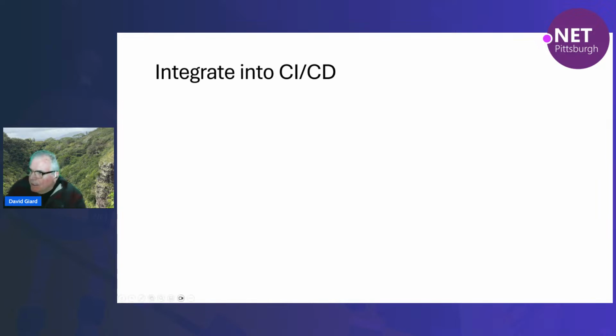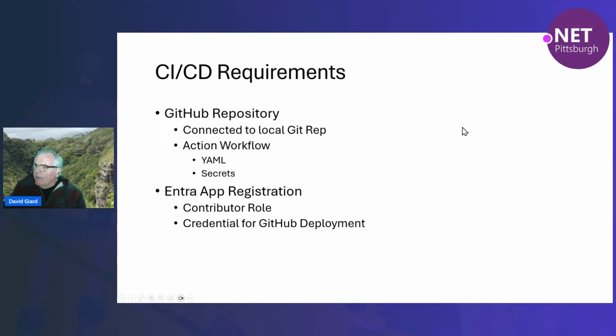So if I want to integrate it into CI/CD, then these are the steps that you need to do. You need to have a local Git repository and a GitHub repository. I shouldn't say GitHub. You need to have some code repository in the cloud. The demo I'm going to show uses GitHub Actions. You'll need a YAML file, and YAML stands for yet another markup language. And this is just a configuration file that says what are the steps in your continuous integration and your continuous